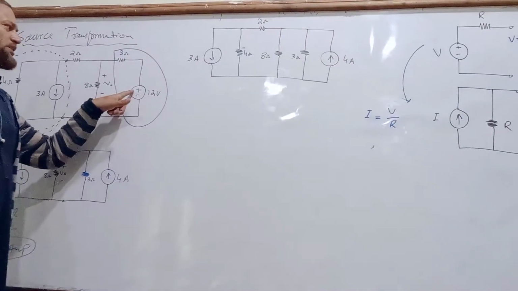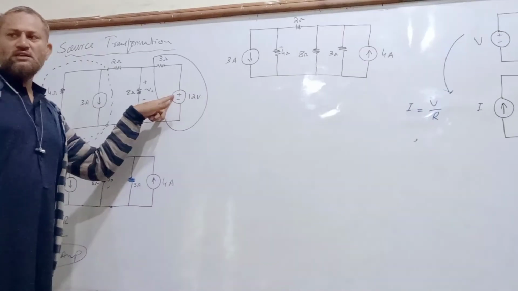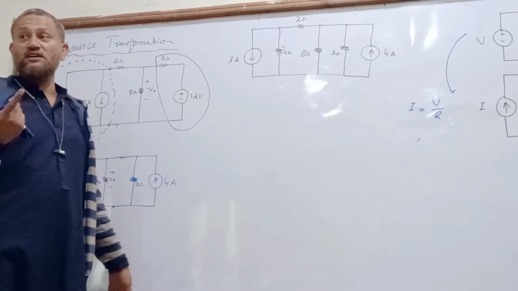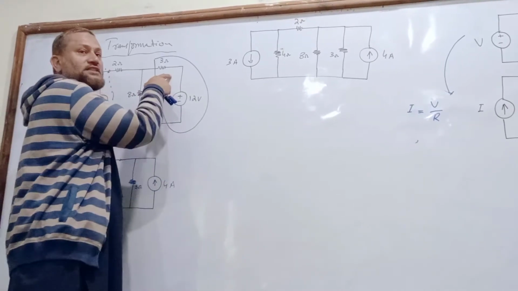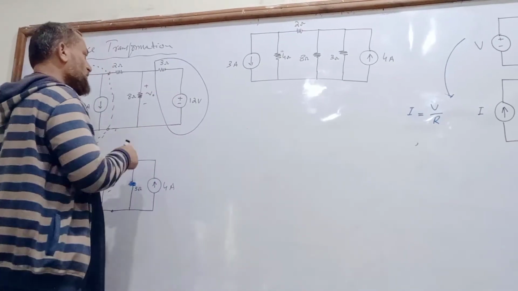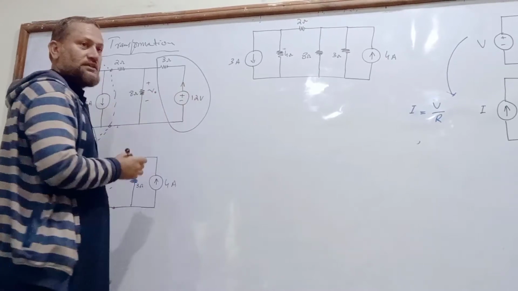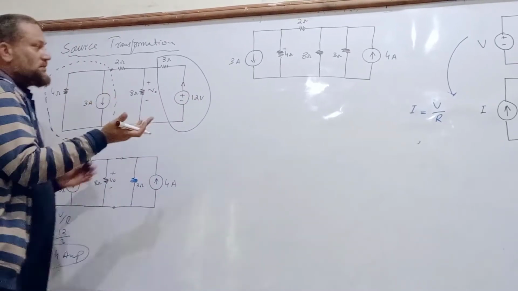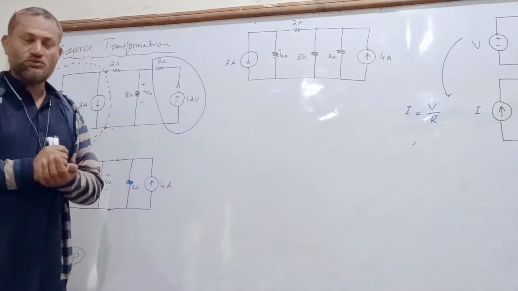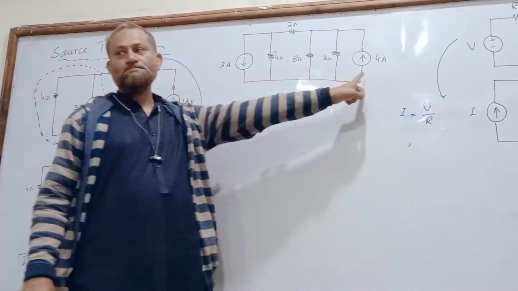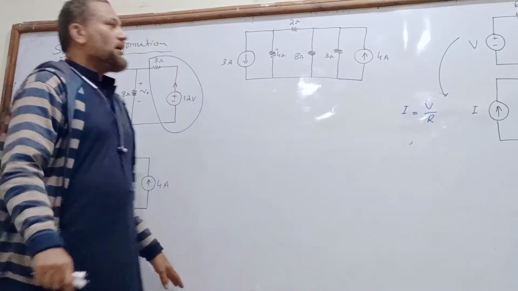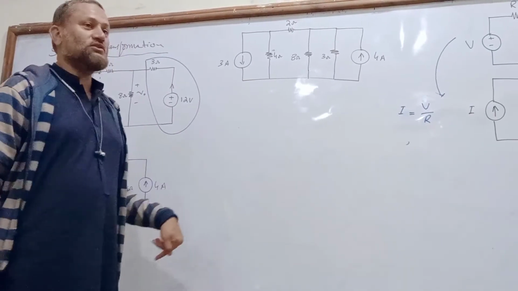That is due to this plus sign. We assume that the conventional flow of current is from the positive terminal of the voltage source, so the current will flow in this direction. However, when we convert this voltage source to a current source, the direction will be upward. Understand? If the sign positive is at the bottom, the direction will be downward, and it will